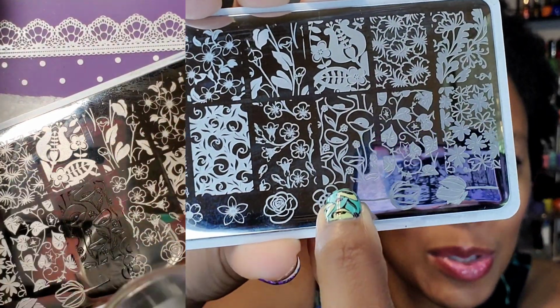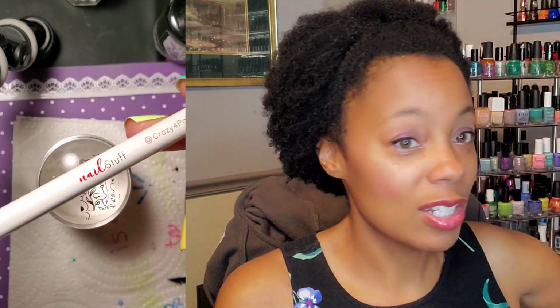And then my pointer finger, I did these, which I think are water lilies, I think is what you call them. And I thought those turned out pretty. And I will show you guys, I did,